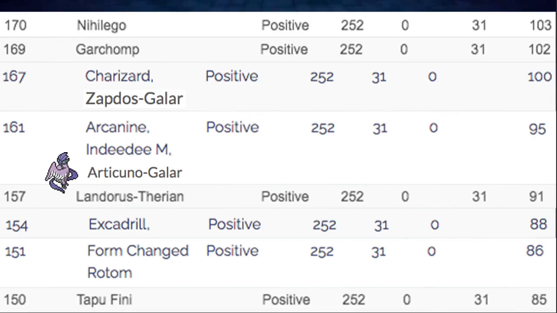There's a lot of really good Pokemon in that 100 to 150 range, so it's pretty good stuff. But like I said, there's a lot of Pokemon in that 150 to 200 range, so there are a lot of things that outspeed. The Articuno-Galar, Zapdos-Galar, Charizard, Garchomp, Nihilego, Kartana, Durant, Alolan Ninetales, Blacephalon. There's a lot of Pokemon in that 160 to 200 range that are very fast and will be outspeeding Articuno-Galar,